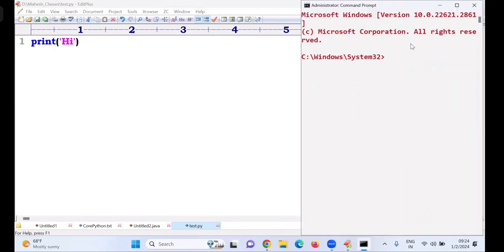So where is our program? Go to the working directory, D drive, current working directory, py. python test.py. Am I getting hi or not? Printed. But in Java,